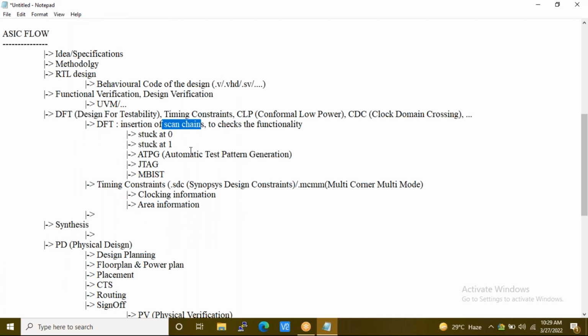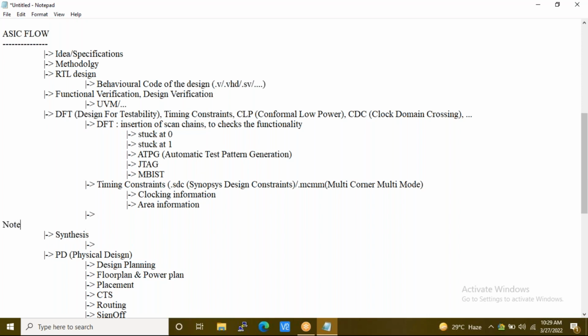Now let's go a little more in depth on that scan chain. Scan chain means, note, it is back-to-back flop connections.